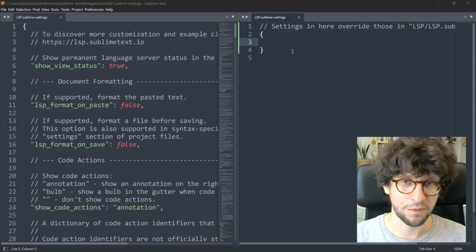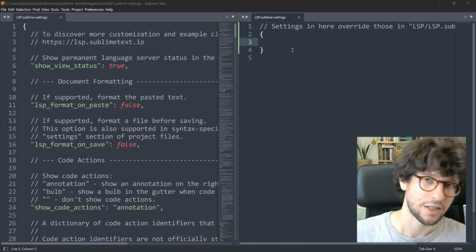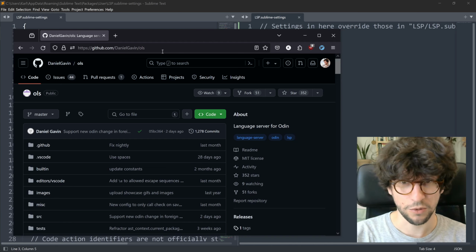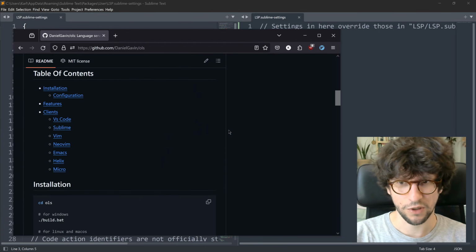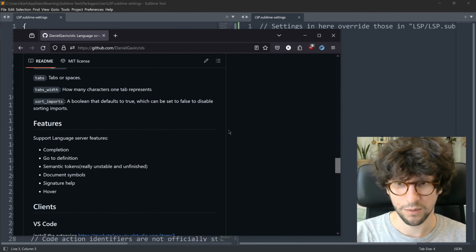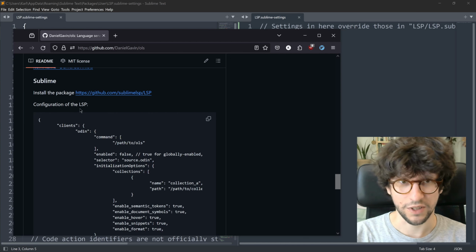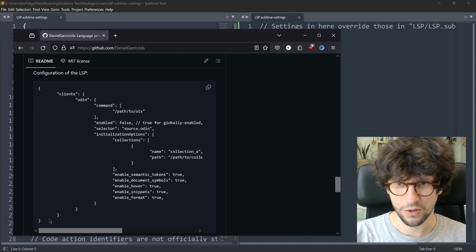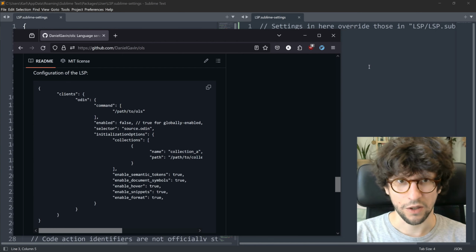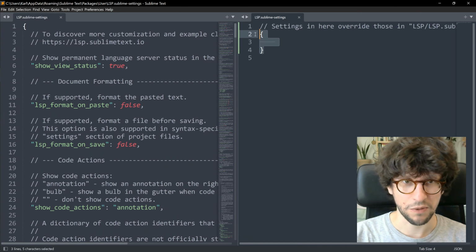And the stuff we're gonna put in, we will find on the OLS GitHub page. So if you go to the OLS GitHub page where you got the Git URL before, then you can scroll down, and almost all the way at the bottom, there is a Sublime configuration of the LSP. So you can just copy this whole thing with this button here. And then you can go back to here and you can just replace everything in here like this, paste that